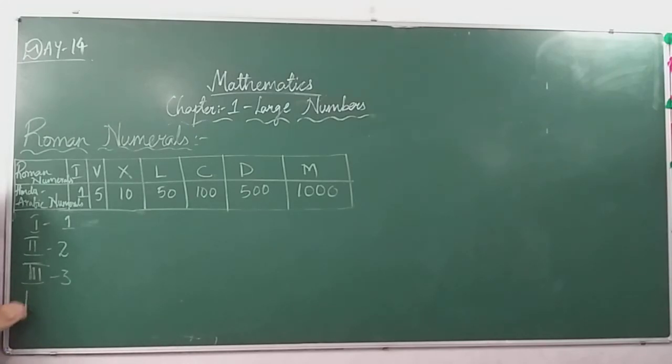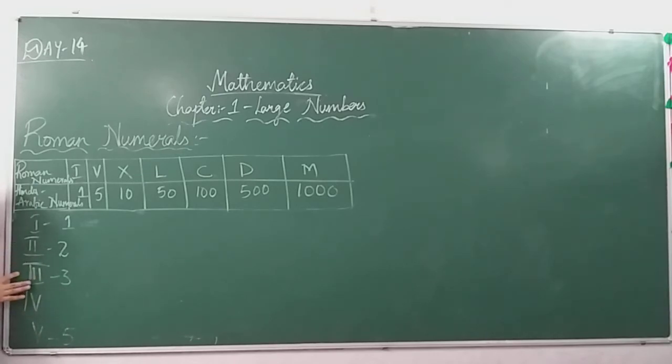we will use 1 line and we will put 5. We are not having a symbol for 4, so for 5 we will use the V symbol. Okay. For 4 we are having one rule: we should not repeat I more than 3 times. We can repeat only 3 times, more than 3 times we should not repeat.